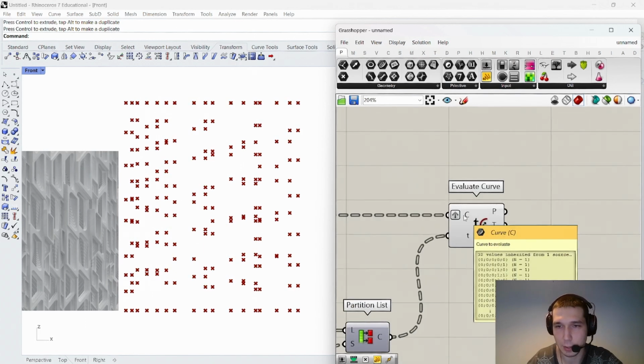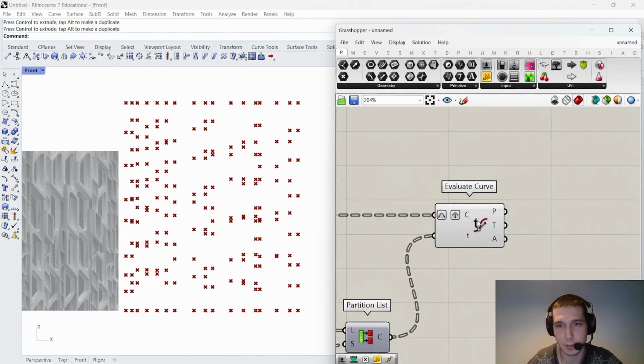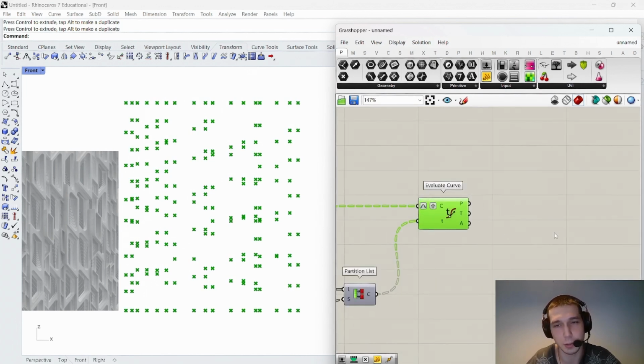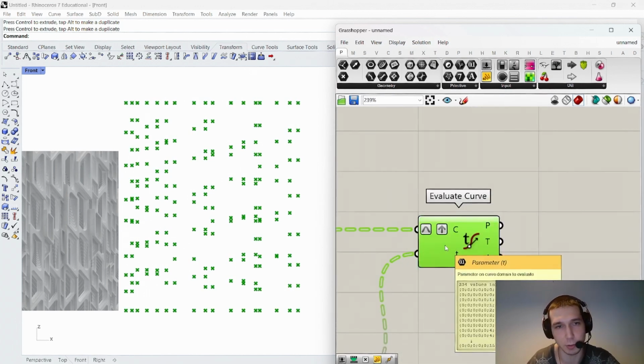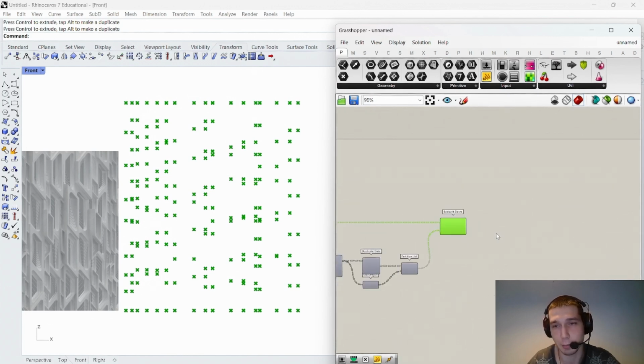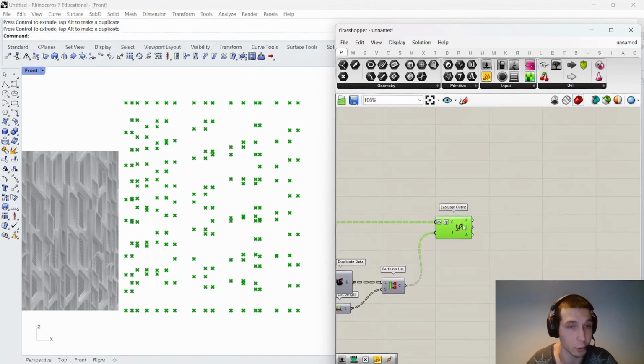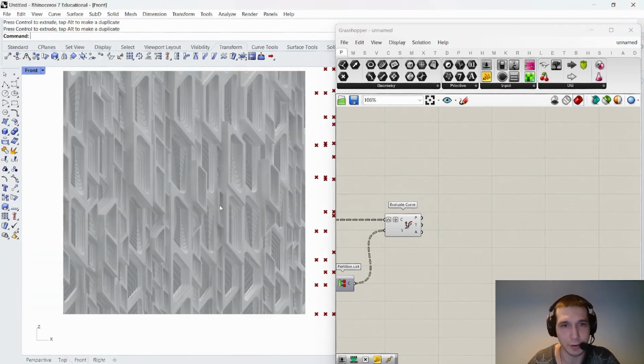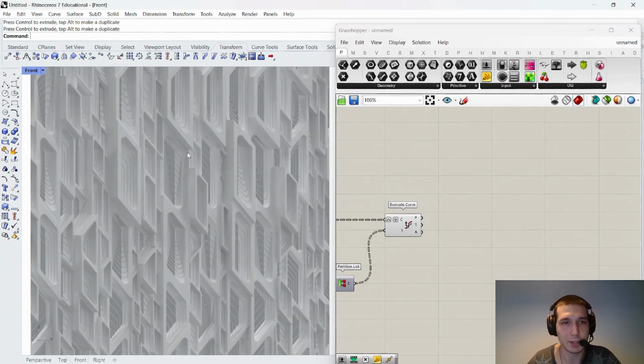All right. Also let's not forget to reparameterize these curves. I think they have already been reparameterized, but just in case, you never know, right? We are trying to make our script as modular as possible so we can attach different numbers to different curves. And now what we need to do, we basically have to move each point up or down, depending on another random generator. But essentially what we want to do, we want to make sure that this angle is going to be the same for all the